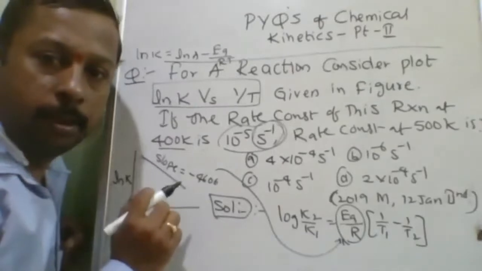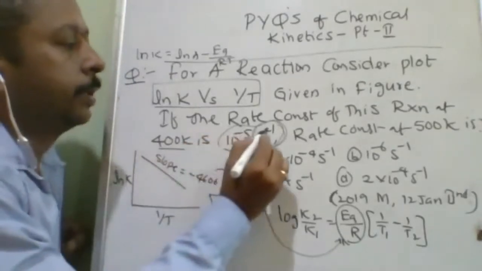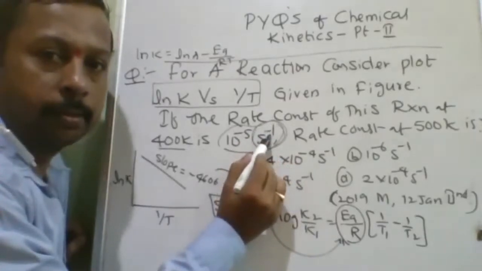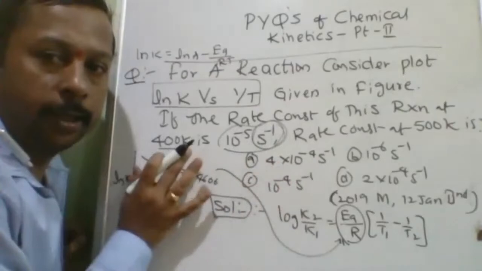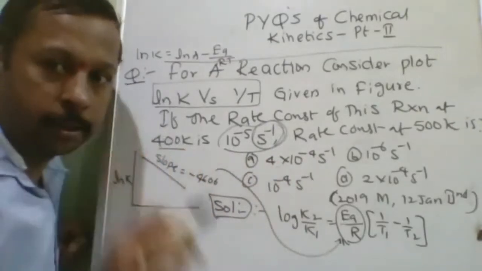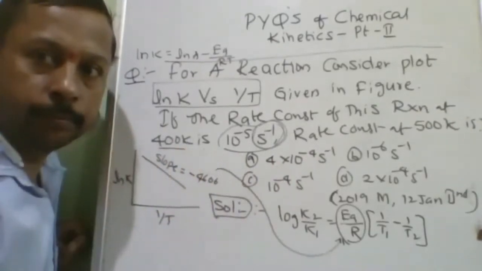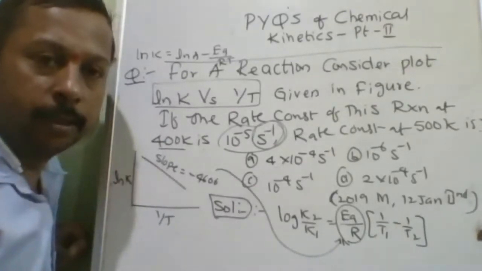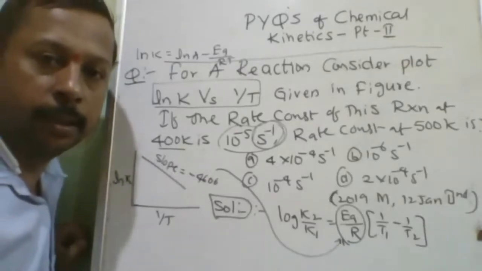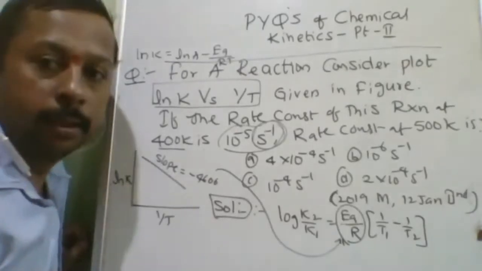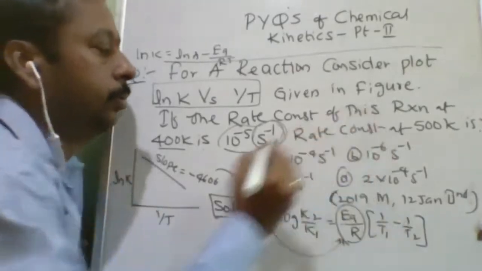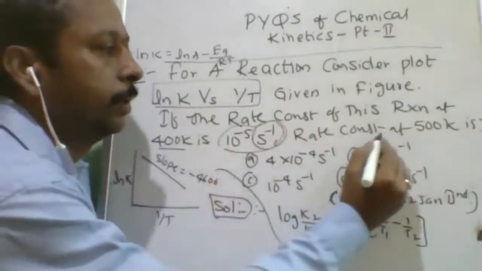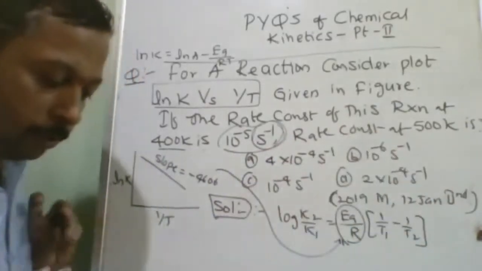Okay, now is it clear? Is the image clear? So this second inverse is for a first order reaction. This shows that this graph is related to the first order reaction. For first order reaction, the units are second inverse. The formula is 1 minus n. What is n here? n is the order of reaction. So here it is a first order reaction. At 400 Kelvin the rate constant is given. At 500 Kelvin the rate constant we have to find out.